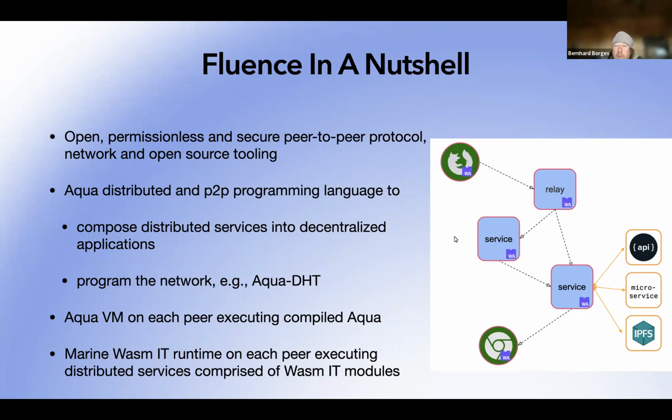So if you can't use REST or JSON RPC, how do you address those services? As I said, you address them by peer ID, services have a unique ID, and you use Aqua. Aqua is a programming language and development stack developed by Fluence, and it's a fully dedicated, purpose-built peer-to-peer programming language. And it's super simple, and we'll go through all of this because that's what you really need to see in order to be successful in your hackathon endeavors. And so let's just go forward.